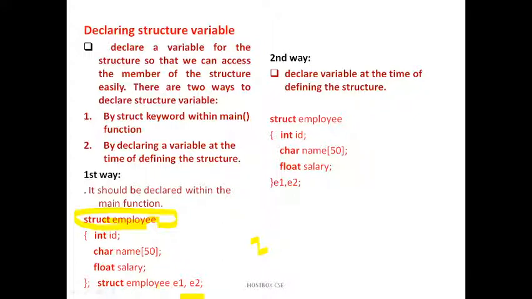So I want to create the employee database. I'm creating the structure employee where I'm giving the ID and the character array for the name. In the second way, you can create the same data with the struct employee, then int id, char name[50], then float salary, and e1, e2 at the end. Now the question is which method is good. Once your data is fixed we can use the second method, for example an employee database with only ID, name and salary. Suppose your data is not fixed, that means at runtime I want to update it; in that case you can use the first method.